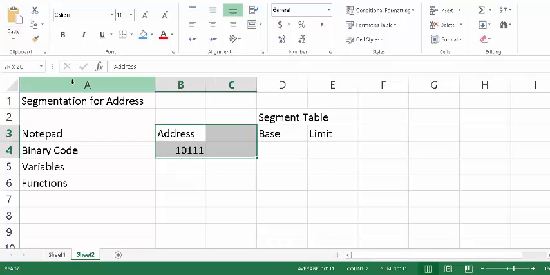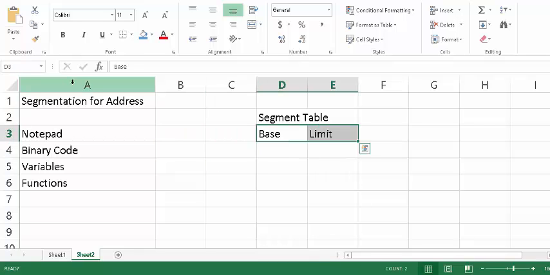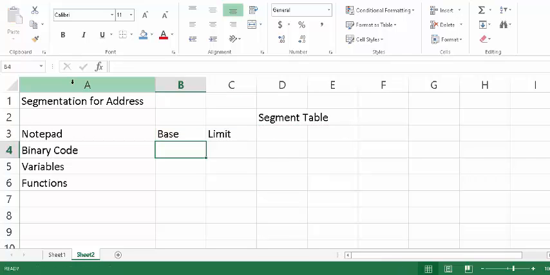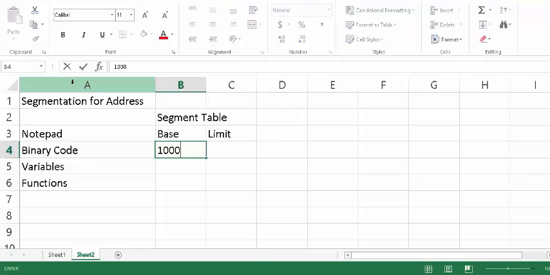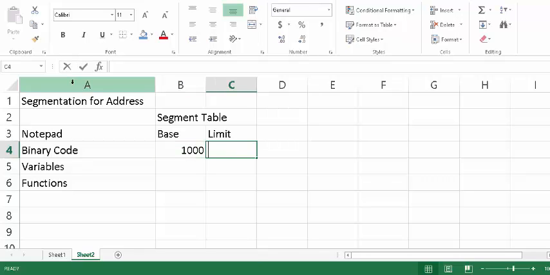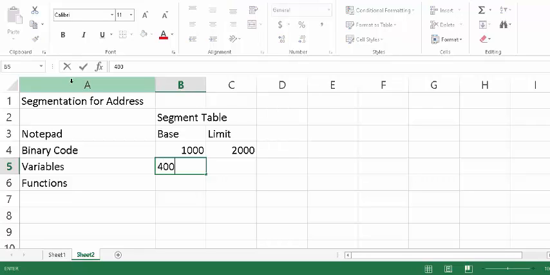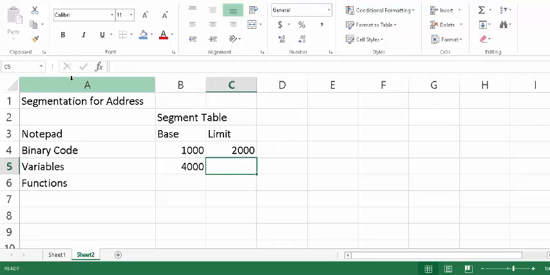What the OS will do is, anytime a program is running, it would say, okay, for this program that is running, the binary code, where is it located? The lowest address will be the base, let's say it's starting from 1000, and the limit is 2000. Now I have some variables. So I'll put you in address 4000. The limit would be, let's say, 3000. Functions, maybe put you in 5000. Your limit